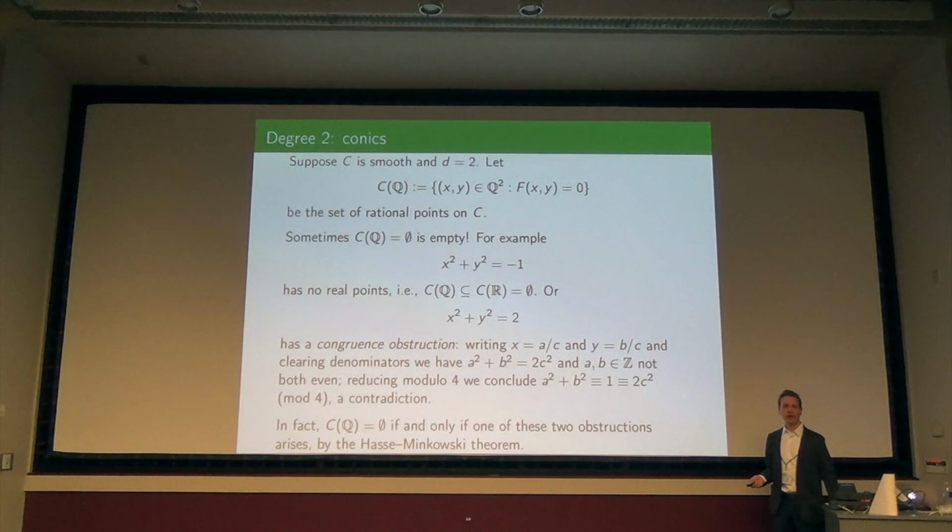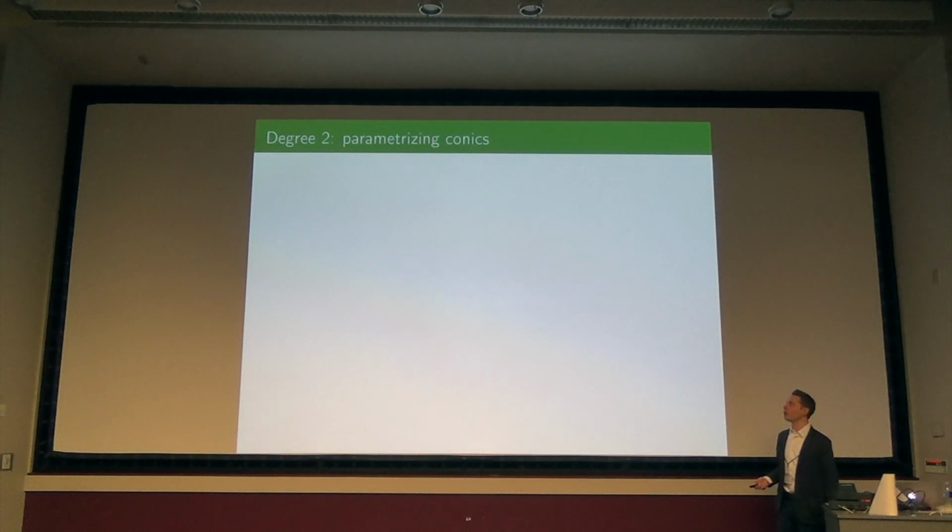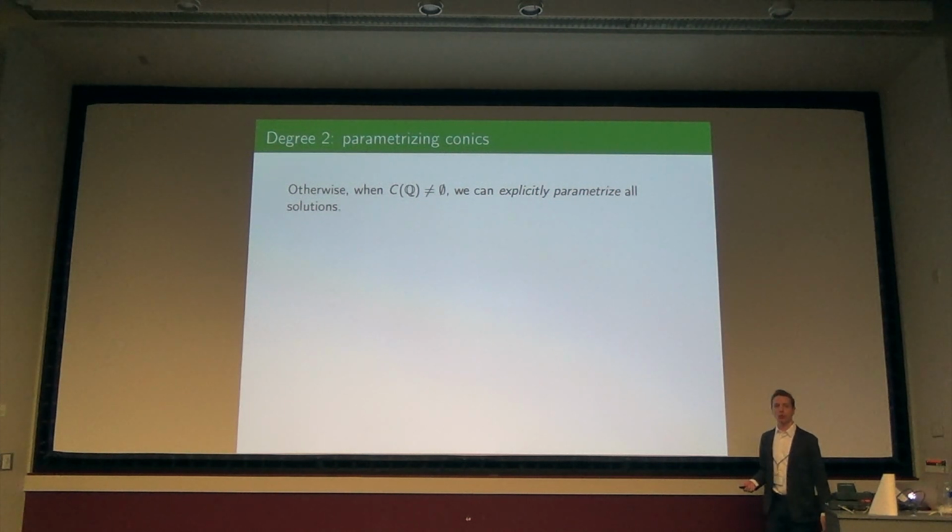Okay, so what do you do if there is a solution? Maybe we want more. And I tell you, actually, we can do more. We can explicitly parameterize all solutions. So I'm not going to tell you, here's one solution. I'm going to say, here are all of the solutions to the equation. So I have to describe what that means. We call that parameterizing the solutions. Here's a way of generating each and every solution.